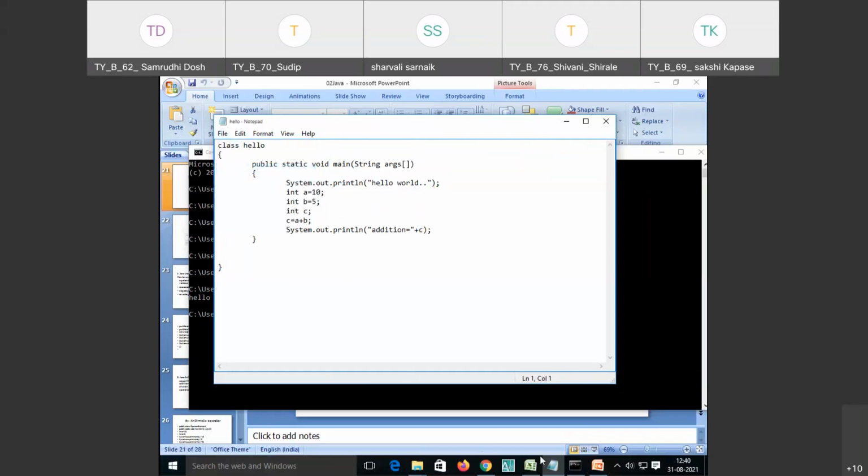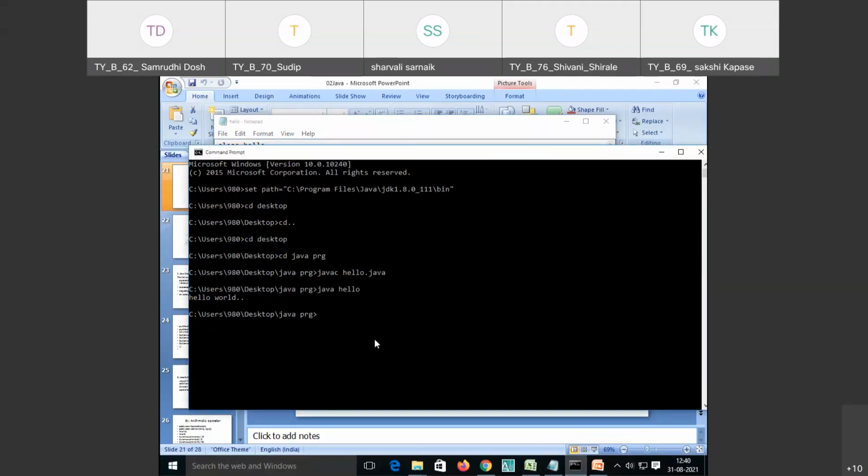I have saved this. Now I am going to the command prompt and compiling this code. The compilation step is the same, javac Hello.java. Now my program is compiled and I am executing it as java Hello. Now you will see that my first statement, hello world, has been printed, and second is addition is equal to 15.